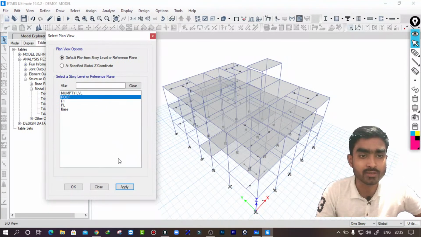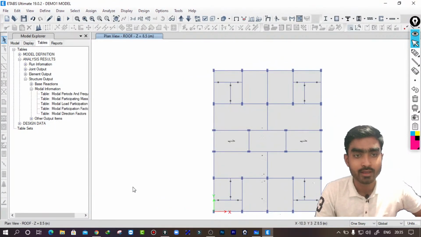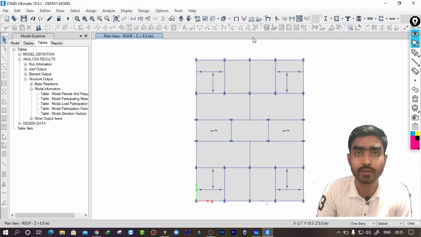Yeah, there is a glitch in the software, I guess. Now you can see this is the top floor, and if you go to Show Deformed Shape,